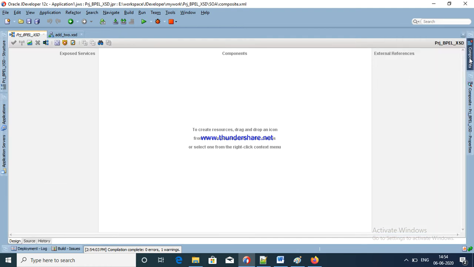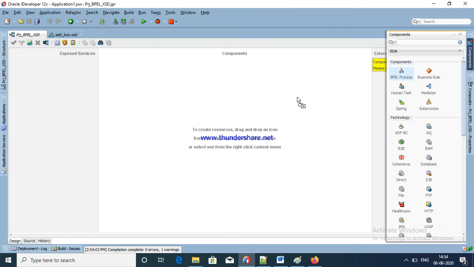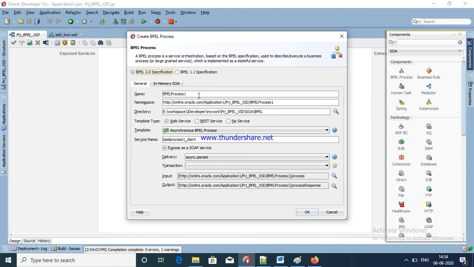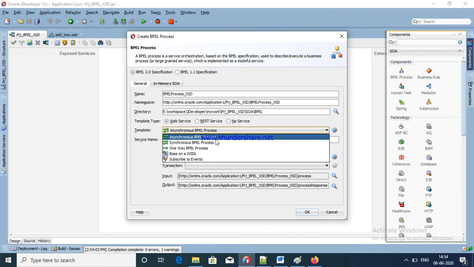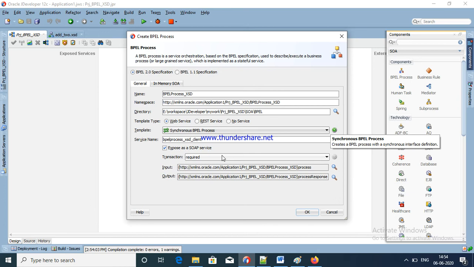Now we are going to use BPEL. Okay, here the BPEL schema, XML schema definition. Now I am going to use a synchronous process with an immediate response. Here see, my XSD is ready.